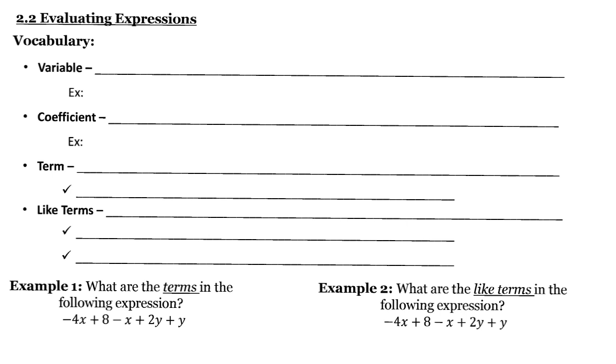So first definition is a variable. So a variable is a symbol for an unknown number. An example would be like X or Y or any letter. So we used variables in the last